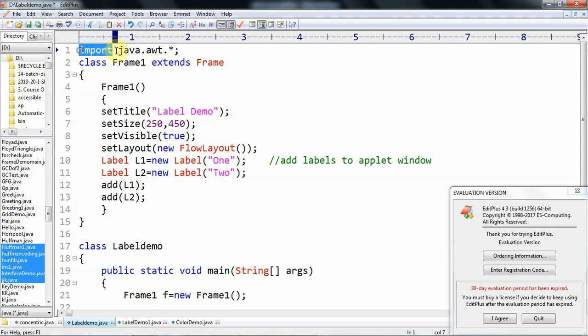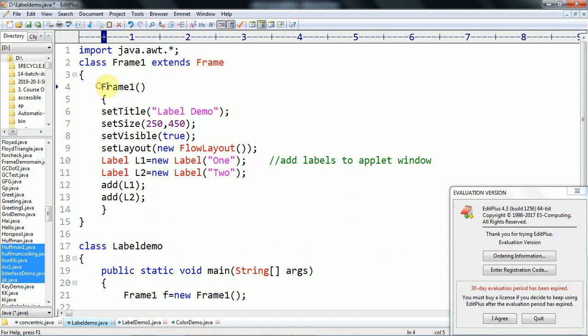For that, first we need to import the AWT package, because this Frame class resides in the AWT package. So we create a user defined frame class, class Frame1 extends Frame. Any user defined frame needs to take the properties from the predefined Frame class. That's why I created the class as class Frame1 extends Frame.